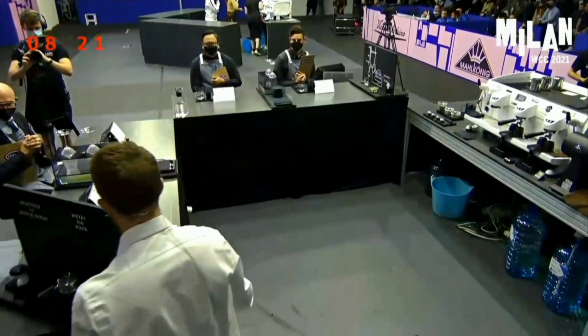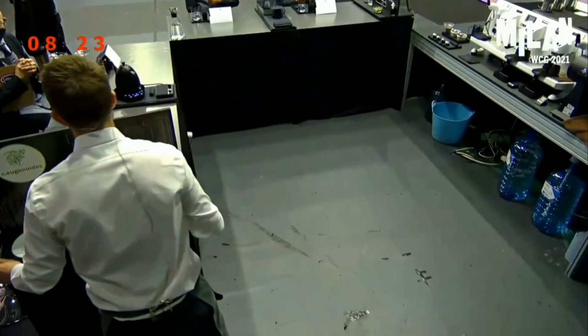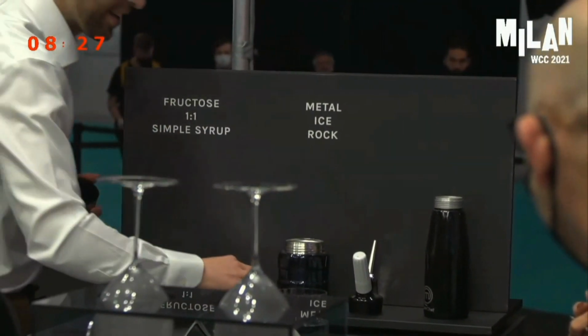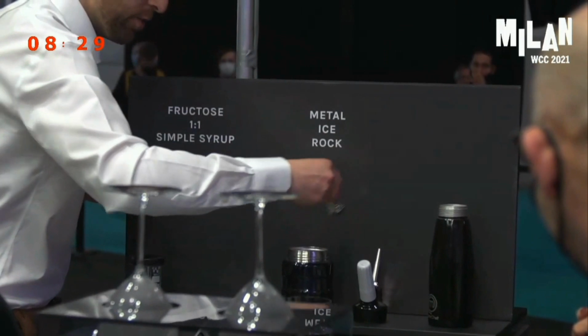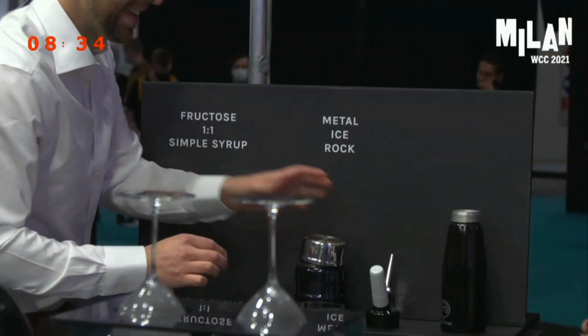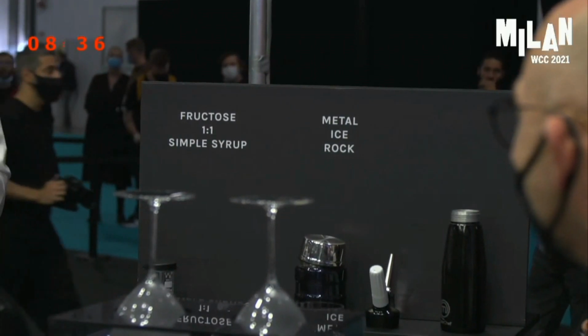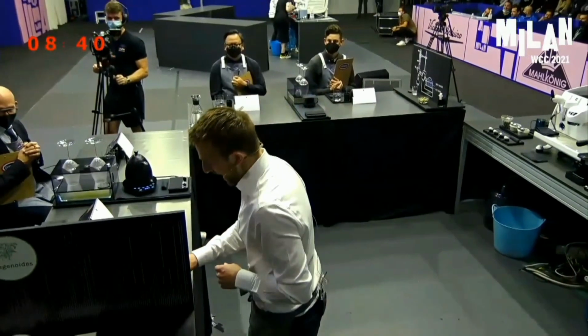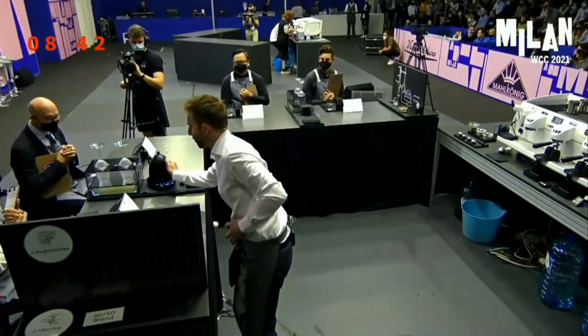So now we've boosted flavor, I want to work with Euhenoides' strength, its tactile and taste balance. So first, I'm adding a frozen metal rock to chill the drink to 23 degrees without dilution. This will bring out this juicy acidity that's so high quality. This is coming from that incredible fermentation. And to balance this, I have fructose,